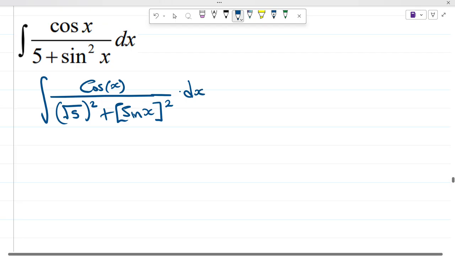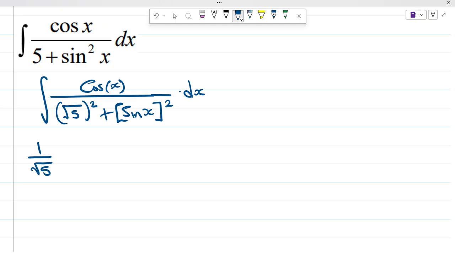dx. So when we have this, we can conclude that this is tan inverse, because when we let sine of x be f of x, this is going to be the derivative of that. So we don't have to stress about this. This is just going to be 1 over a, because our a here is not equal to 1. So our answer should have 1 over a, which is just 1 over the square root of 5,